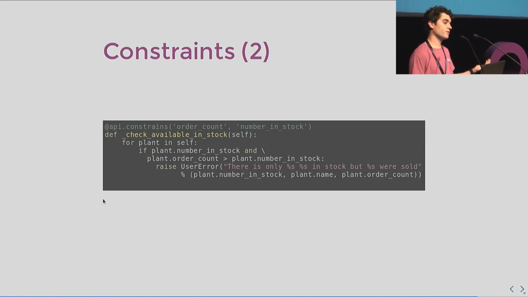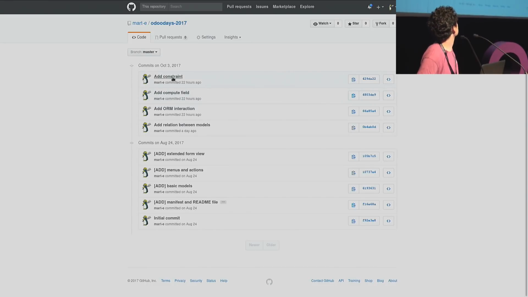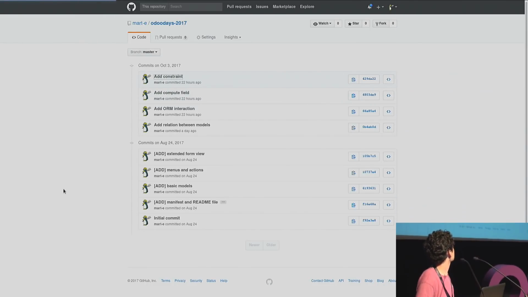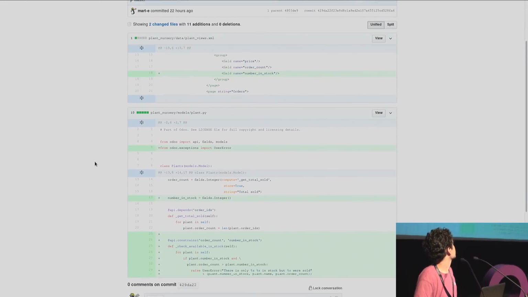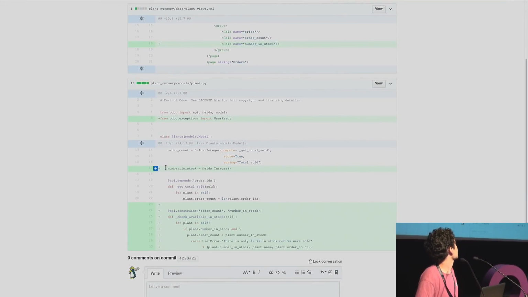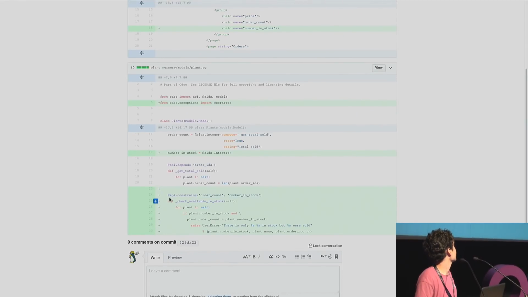And I want to raise an error as soon as I have more orders than the number in stock that I just created. So here I create my number in stock field, and then I create my method, and I decorate it with,